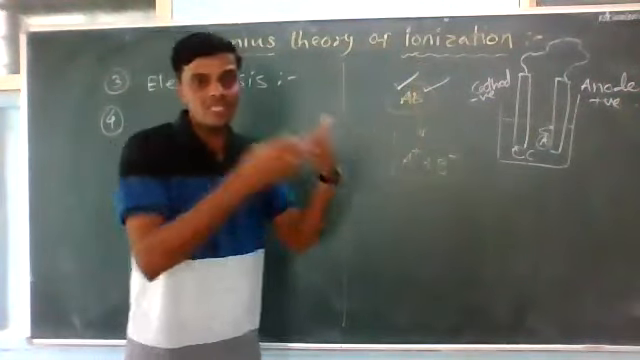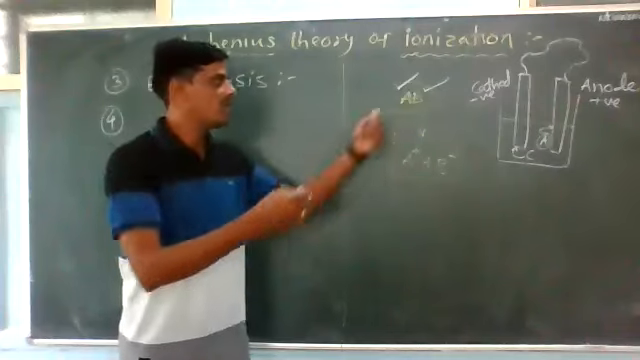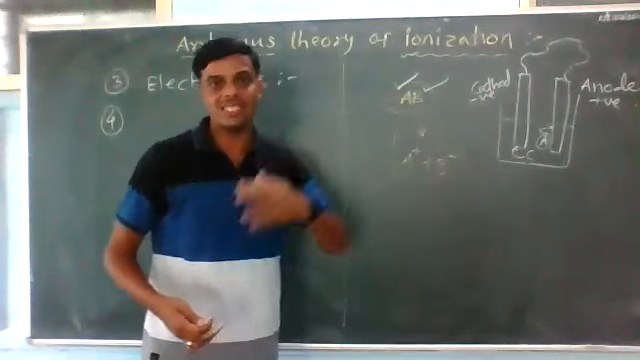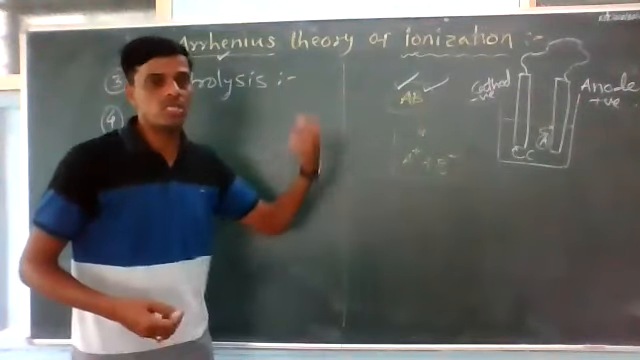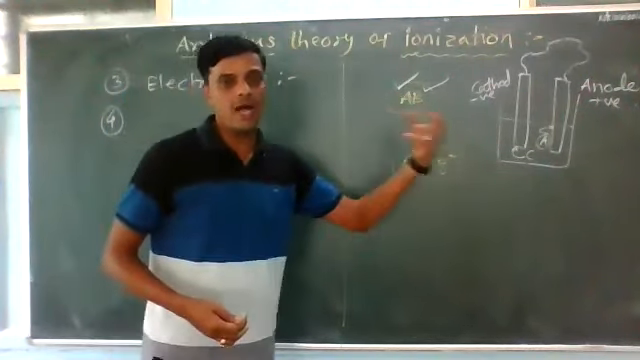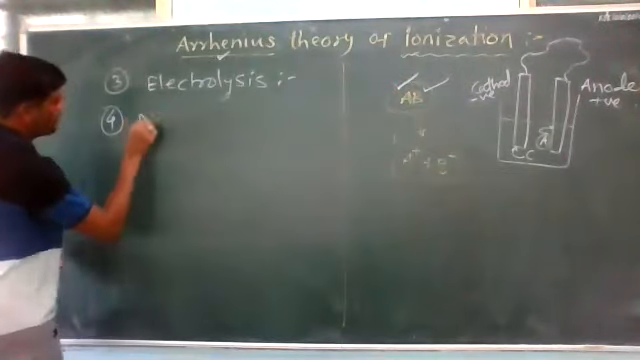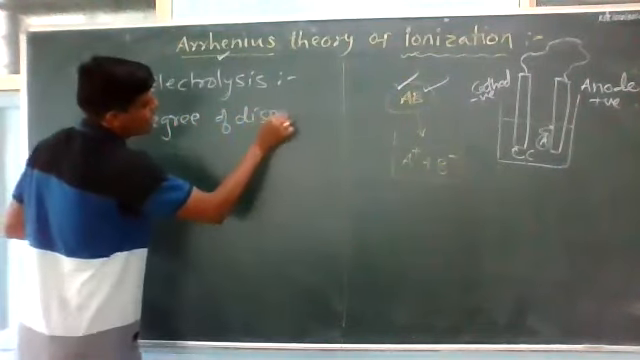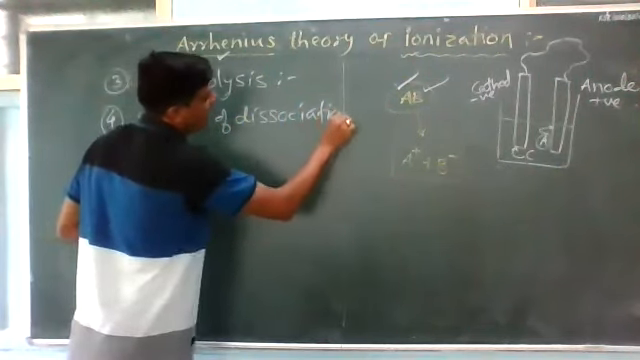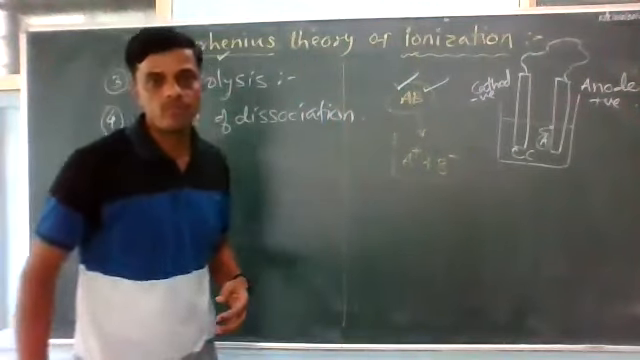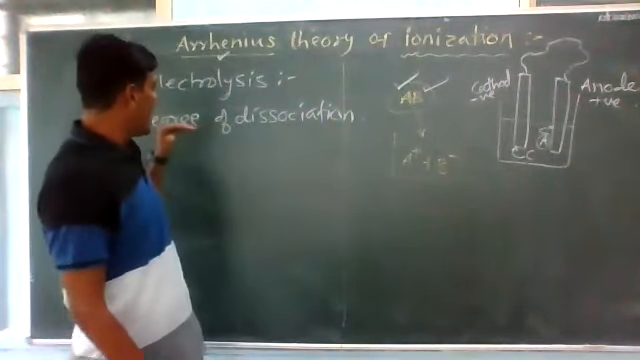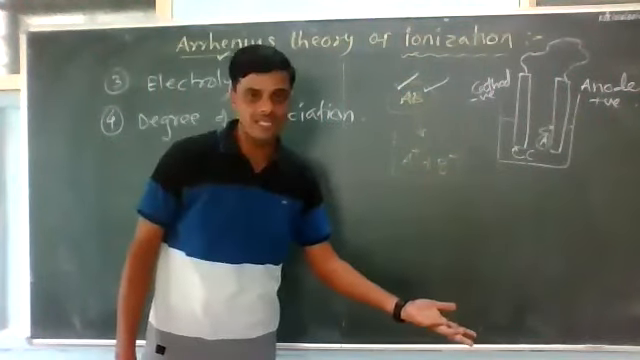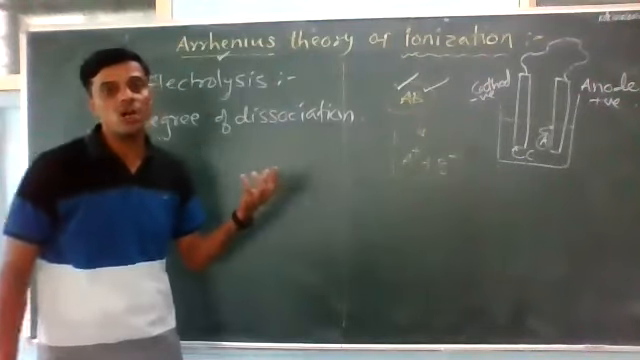Degree of dissociation is the extent to which that electrolyte undergoes dissociation and forms ions. The extent of dissociation of an electrolyte into ions is known as the degree of dissociation. The fourth point is, as the conductivity of an electrolytic solution depends upon the number of ions present in the solution, thus the degree of dissociation of